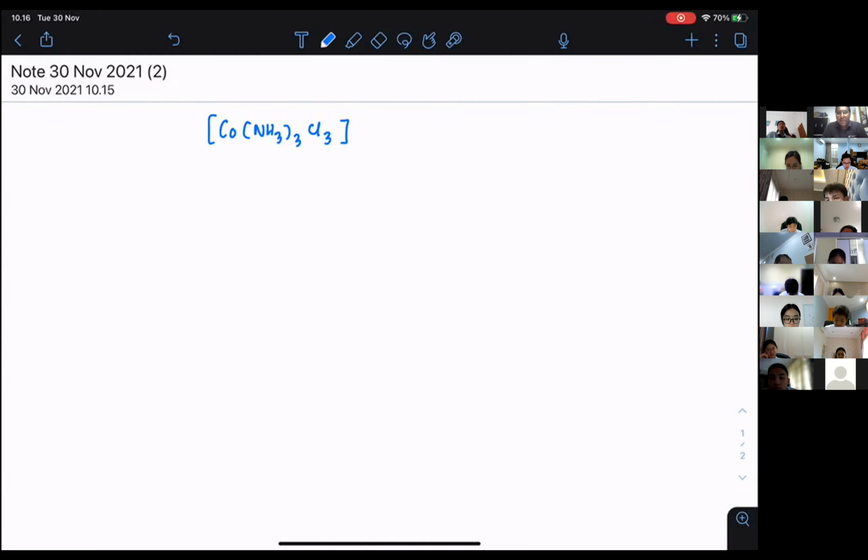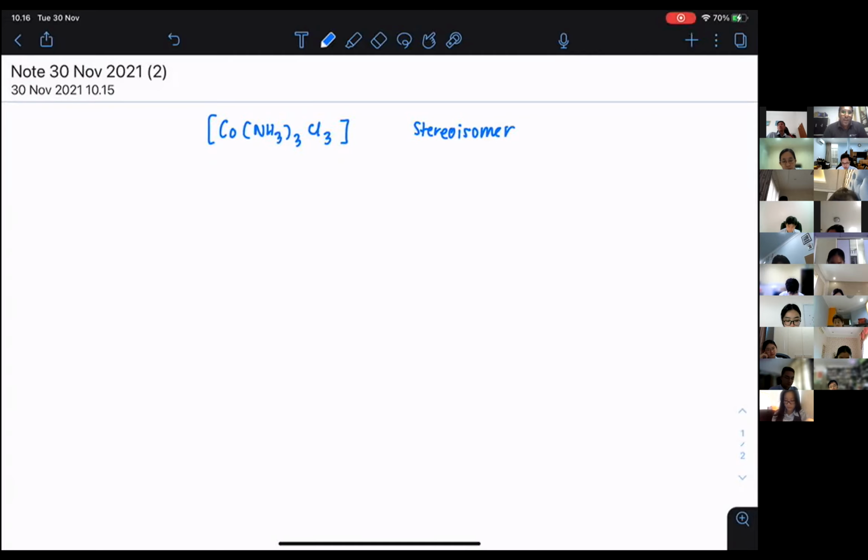It means the cobalt is going to have a coordination number of 6, because there are 6 dative bonds. So if they ask you to draw all the isomers that exist for this compound, for example, for this substance,